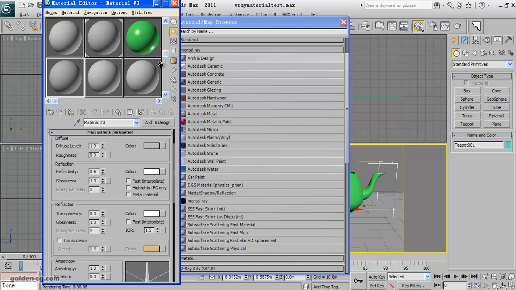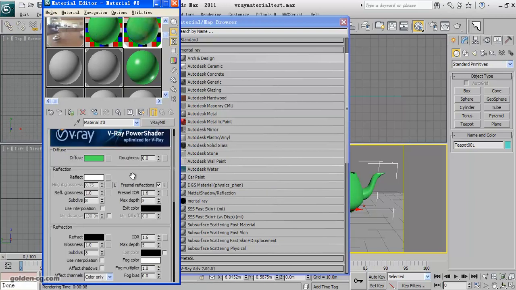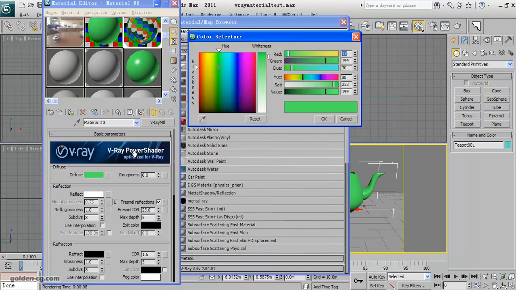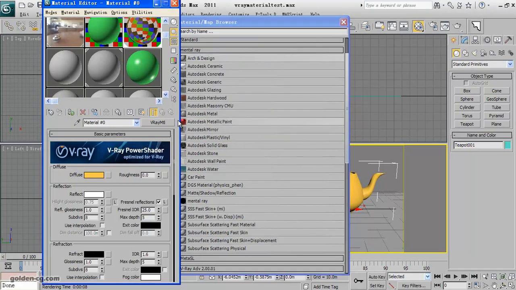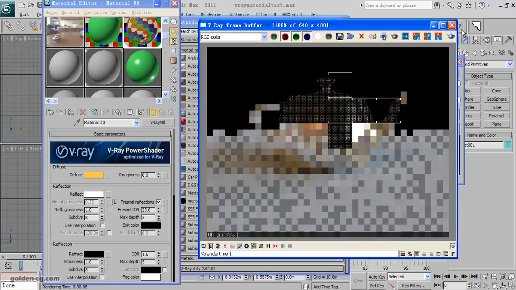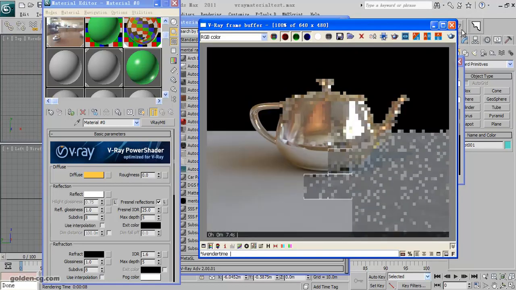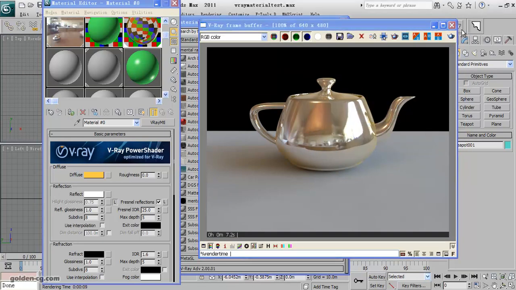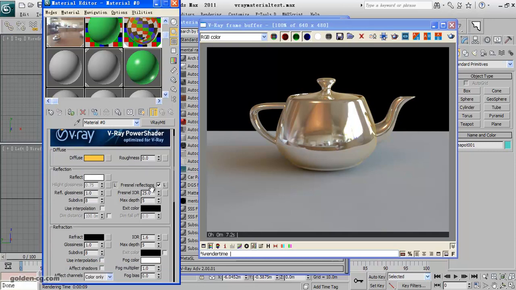Okay, I change it to 25 and change this to a yellow color, such as a gold color, and render it. Well, almost some kind of gold, but it's not real gold, because I just wanted to say that it will follow the diffuse color. It will take some of the diffuse color, because as you can see here,